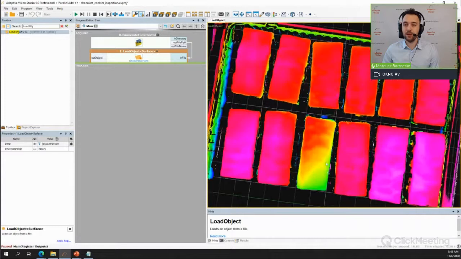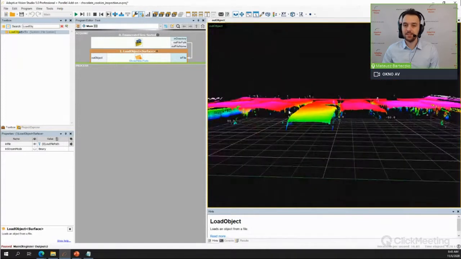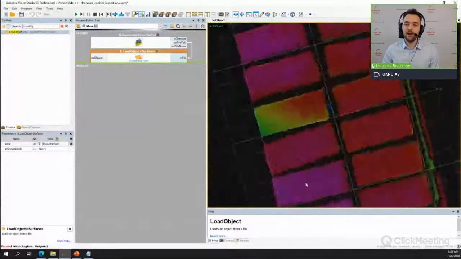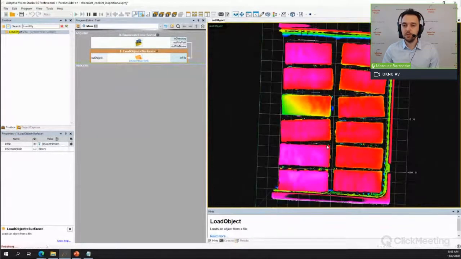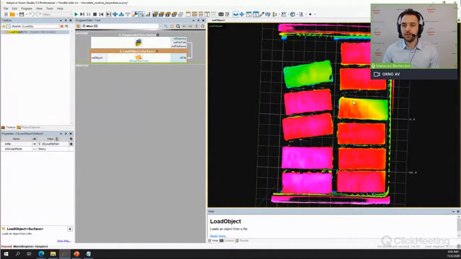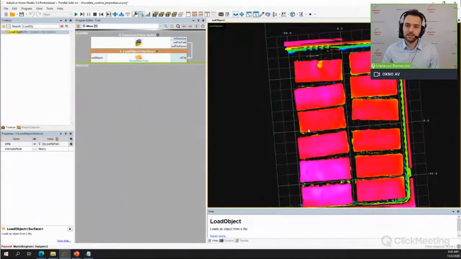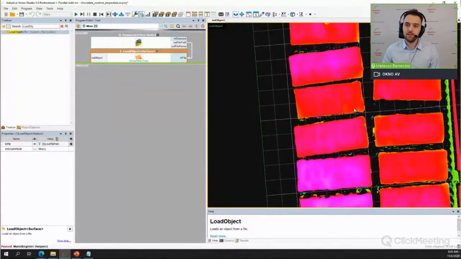Sometimes they are broken, and then their height is not okay. So we need to find such defects, as well as measure their width, because it's visible on this image that some samples, like this one, are